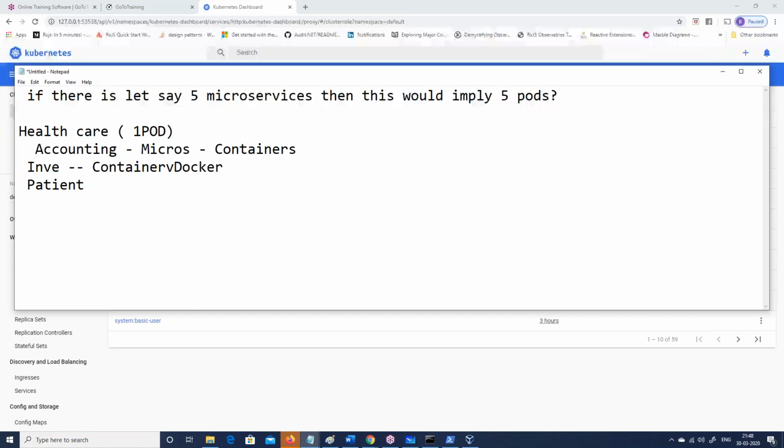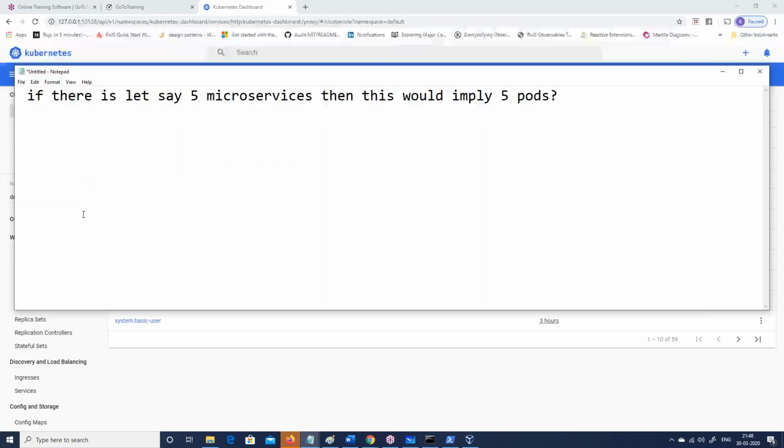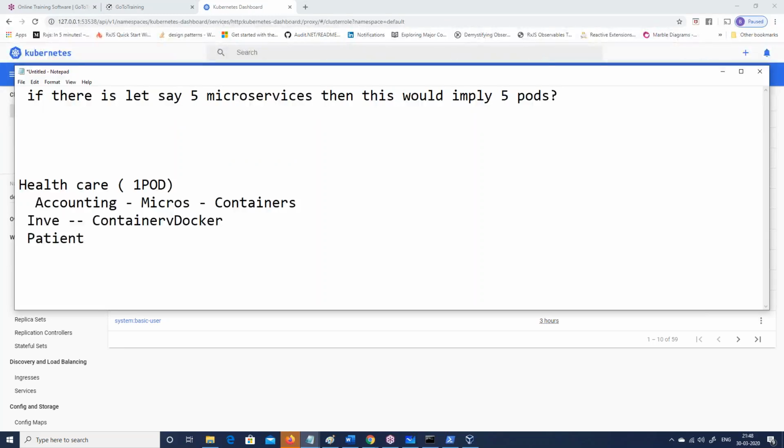So it will be one pod. Why are you making one pod? Because then I can take all this, and tomorrow, let's say some failover happens, I'll take it from here and install it into some other pod, other VM, right? So that's why the pod is useful, so that you can take the whole bunch and take it wherever you want to. So one microservice is not one pod.